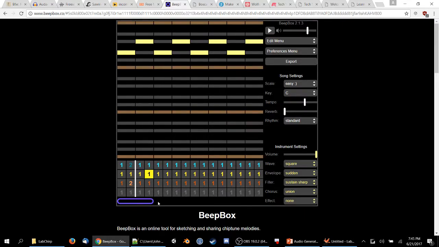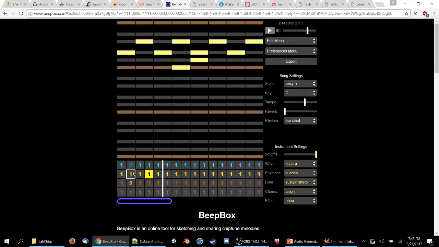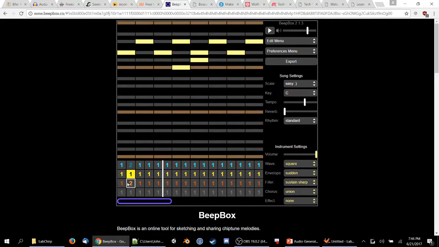And you can make it as long as you like. It basically loops and it plays it. So you can, in real time, see, oh, hey, what if I do this? So you can try playing around with seeing what happens when you change a note, and it will affect all the ones.